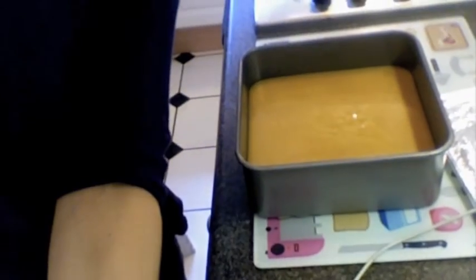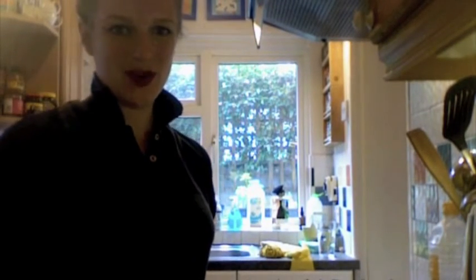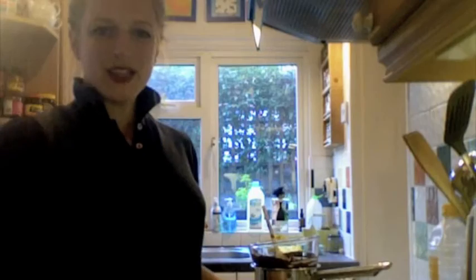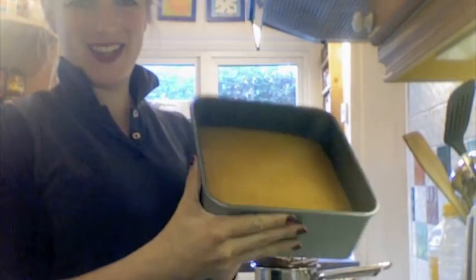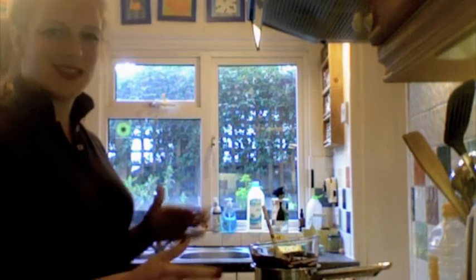You can see it's all looking absolutely amazing. I'm going to leave that for a while until the caramel goes hard. The caramel is set, as you can see, looks pretty solid. So now to that I'm going to add